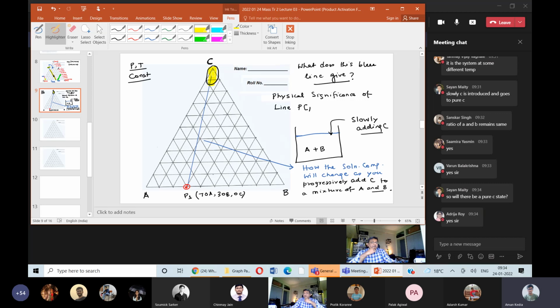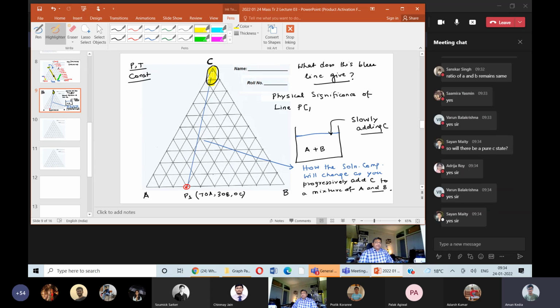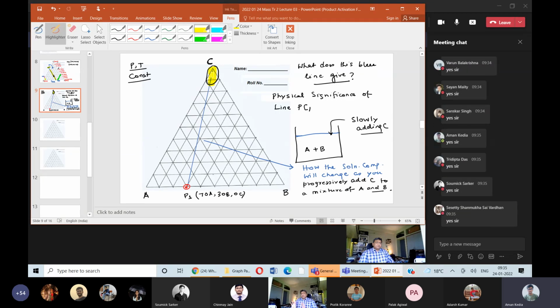Shayan Maiti, good question. And you see what I have already done. Shankar, is it clear now? You are saying A and B ratio will remain same. Shayan, I'm coming to your question. Wait, hold on. Shankar, is it clear? Others, is it clear? Pooja, Bhavna, Devesh, Sneh, Rishi, Saivardhan. Okay, Tridipta, thanks. So everybody understands.